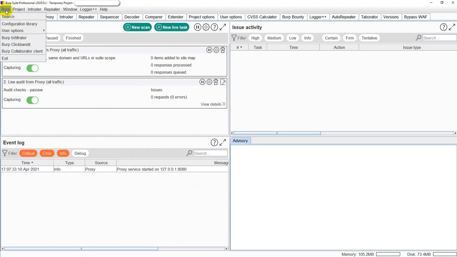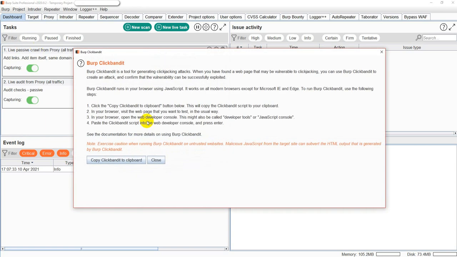The first menu is this particular menu itself, which has some great features, like Inflator, Clickjacking Bandit (Clickbandit), and Collaborator, which are not typically available with Burp Suite Community Edition, but are specifically available with Burp Suite Pro. Clickbandit is more for testing browser-related stuff. I even use it for testing clickjacking and other things. It is pretty helpful while generating a proof of concept.